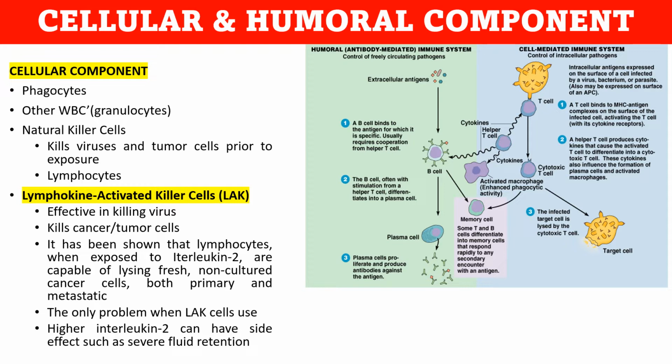It has been shown that lymphocytes, when exposed to interleukin 2, are capable of lysing fresh non-cultured cancer cells, both primary and metastatic. The only problem when LAK cells use higher interleukin 2 is that it can have side effects such as severe